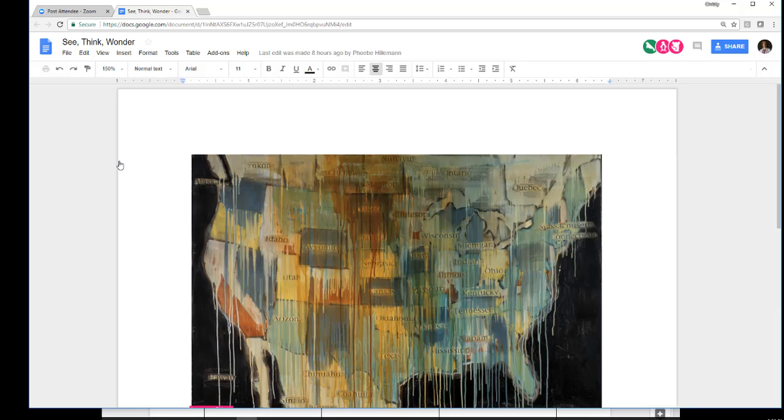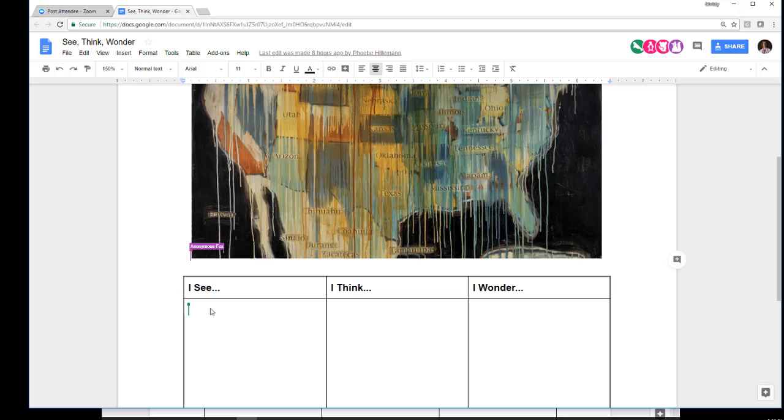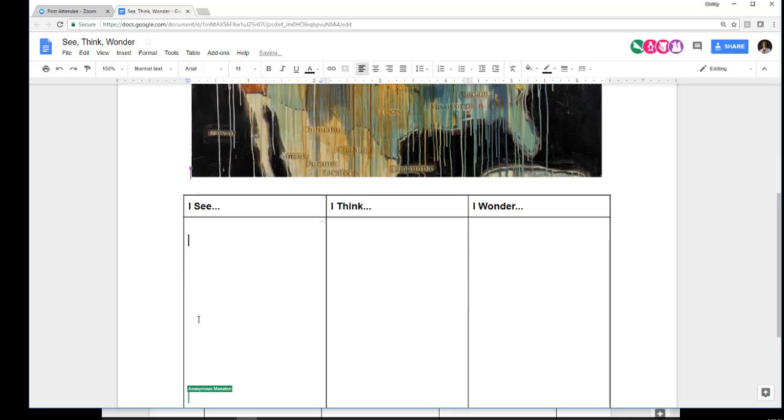And let's just start with the "I see" column for right now. So if you would just start typing in the Google Doc, what do you see in this image? I'm just going to let you type for a minute before I read any of these responses.